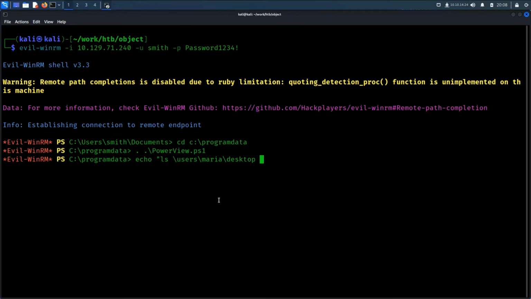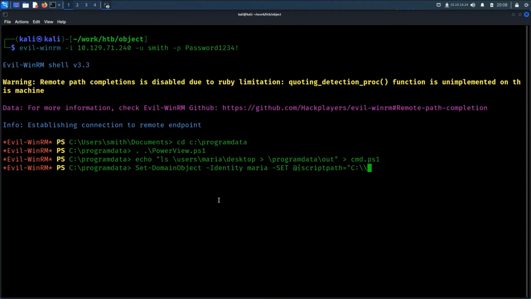So we need to just see if we could enumerate a bit. So we can do ProgramData\out here, and then we could pass that into cmd.ps1. And then once we do that, we can do Set-DomainObject, which is another PowerView command, -Identity Maria -SET scriptpath